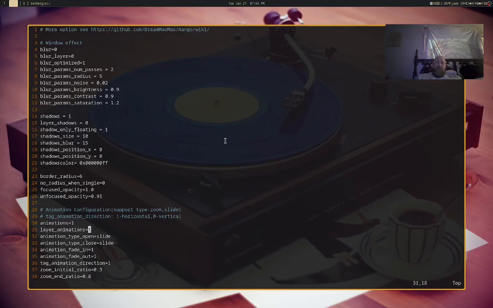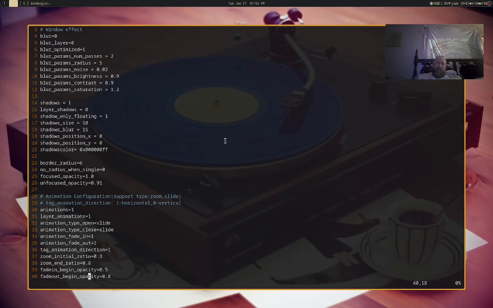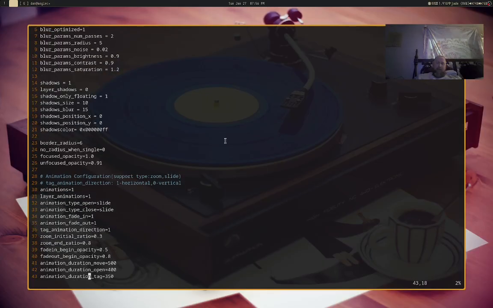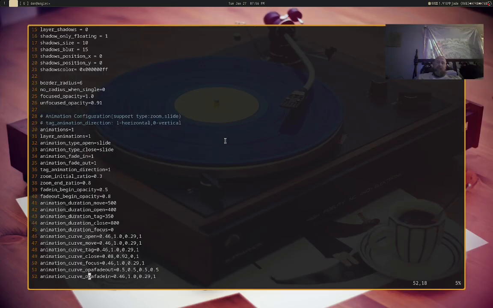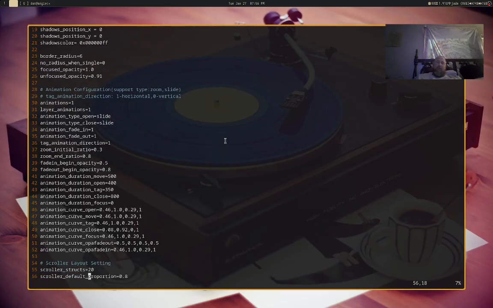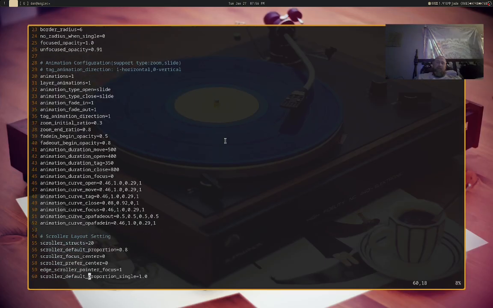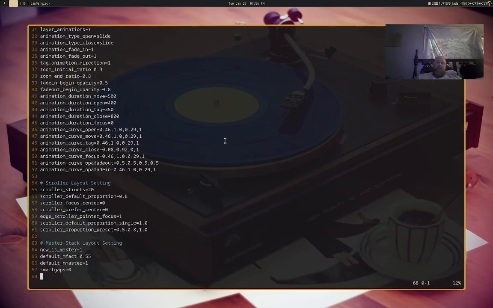So you have some of that, and I just have animations at default, even though I love the animations and I can do stuff a little more. The fade in is pretty cool. You got a lot of different options. So you can see that as I delete the windows. And the scroller, there's a lot, it's easy to get caught up, but